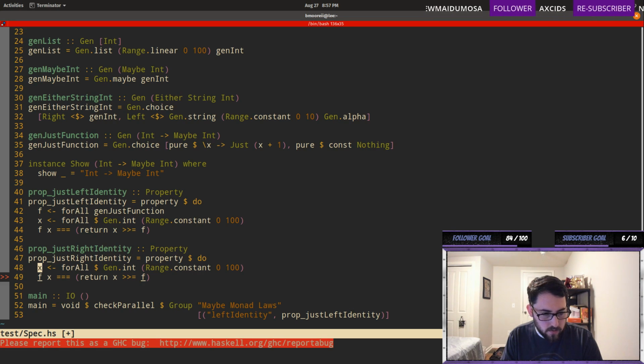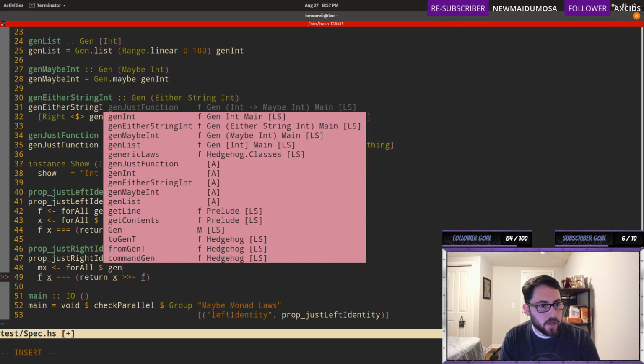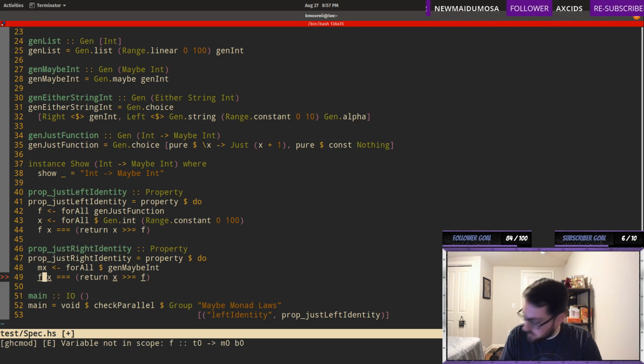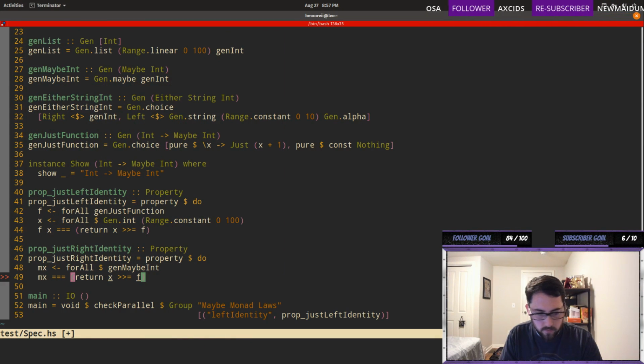We need a monad of X. Let's use X because we were doing that before. And forAll gen maybe int. And then we want to say mx is equal to